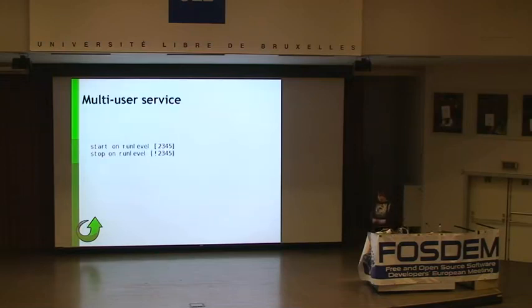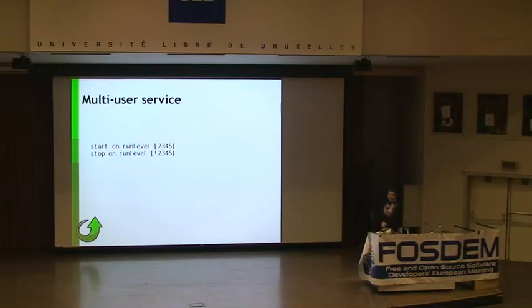So one of the problems with Upstart, which I want to talk about, is that while we've got the service manager part of it very stable and very secure, we haven't really got the syntax for defining when services are run very well. In sys5init, it's easy. You just put the init script in a particular directory, RC2 or RC5, depending whether you're using a Debian-based system or a Red Hat-based system.